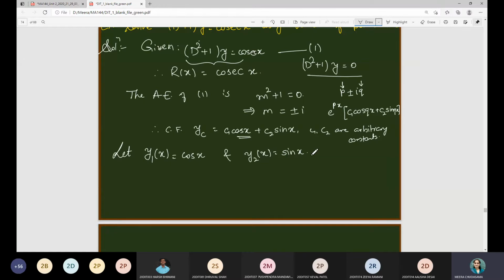So from this one now you can determine the Wronskian. To find the particular integral we need u, and for u we need the Wronskian, W1, W2 also, right? So first we will find the Wronskian.